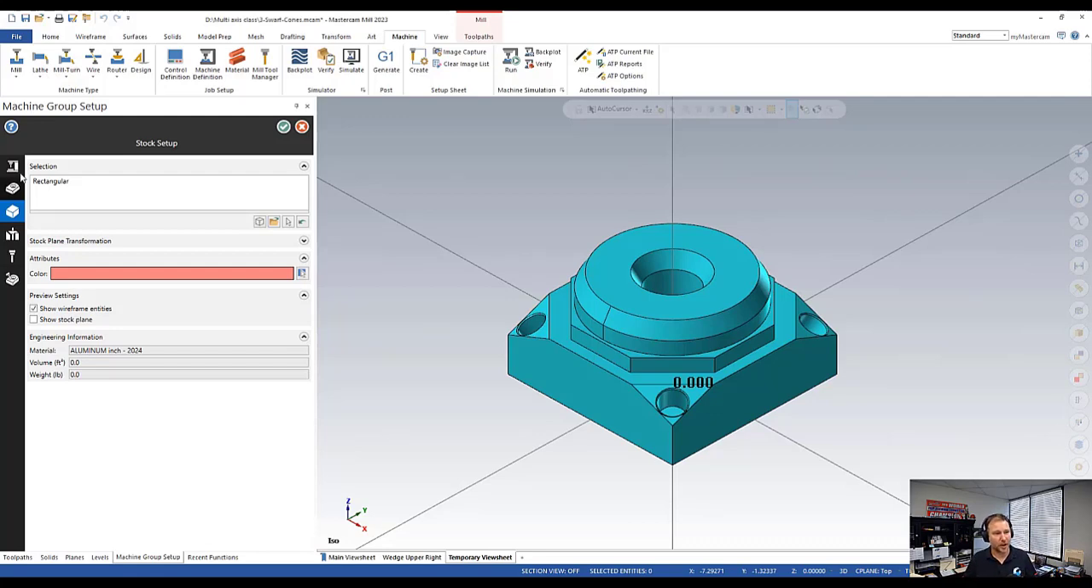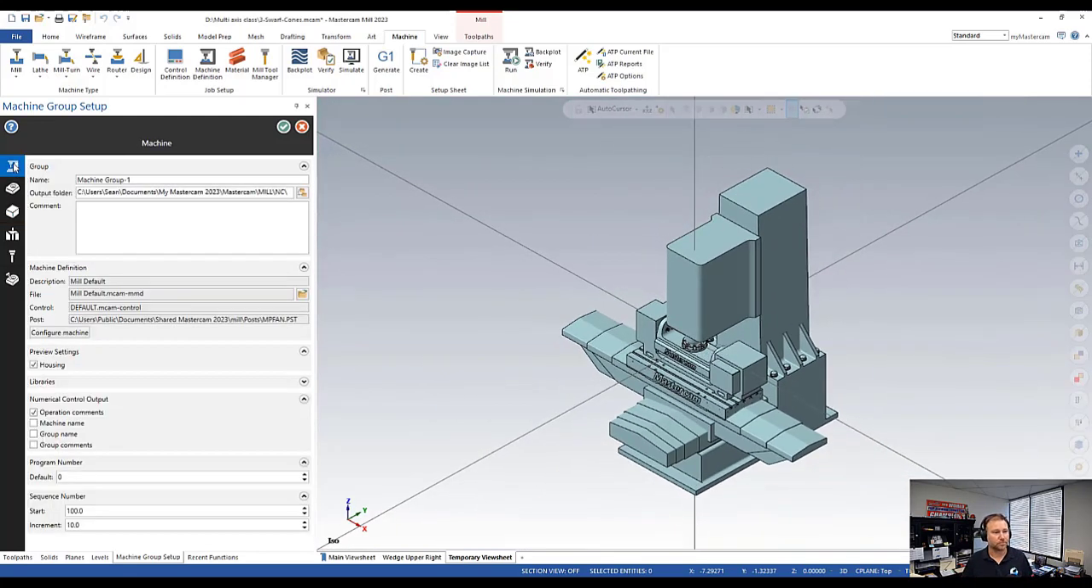I'm going to start by going to the top up here and selecting the machine. Now, by selecting the machine, what that means is it's showing you the machine group properties, just like it always did in past versions of Mastercam. Okay, you have machine group 1, you have the output folder, the comment, none of that is any different. It even has the path to the machine definition, the control definition, and the post, just like it always did